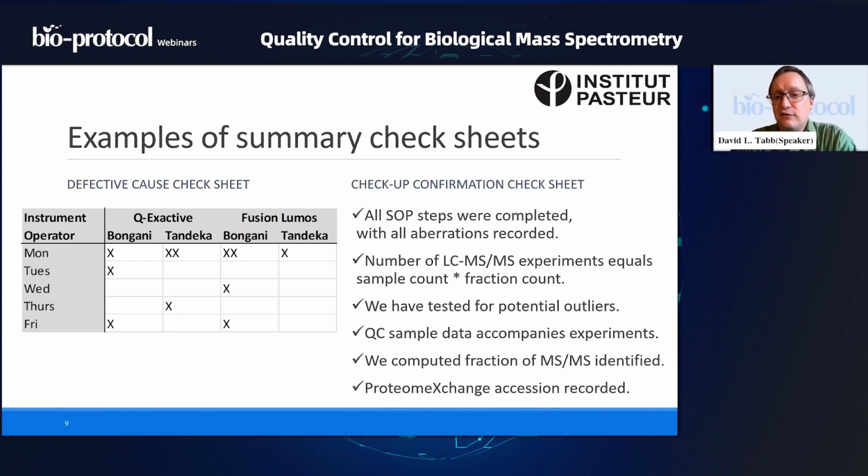But let's think about this from the perspective of day of the week. On Monday, we had 1, 2, 3, 4, 5, 6 errors for Monday, 1 error on Tuesday, 1 error on Wednesday, 1 error on Thursday, and 2 errors on Friday. So I think what may be going on for our errors is that something is happening on Mondays.